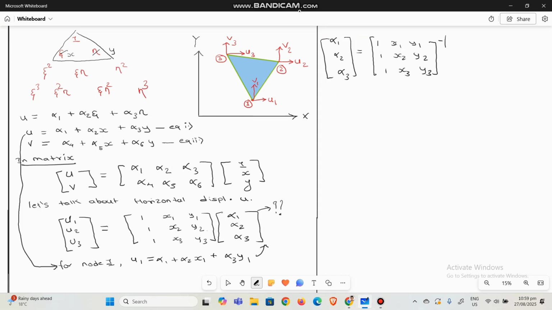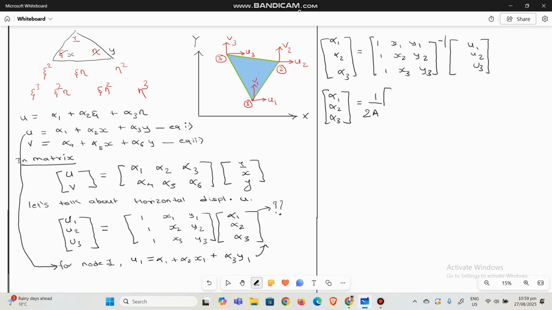The rest of the item is u1, u2 and u3, right? So if you inverse this matrix, then what you get is something like this: 1 upon 2A, I will tell what 2A is, times